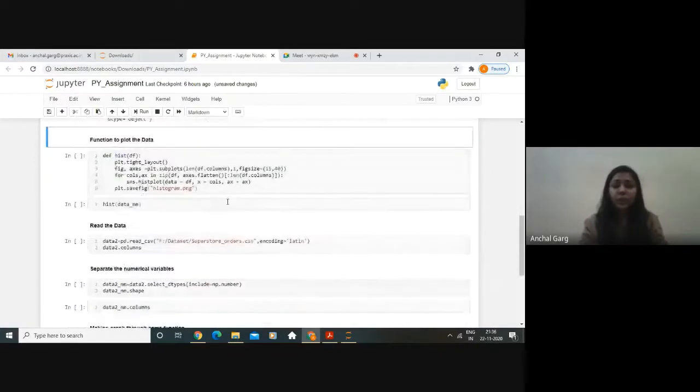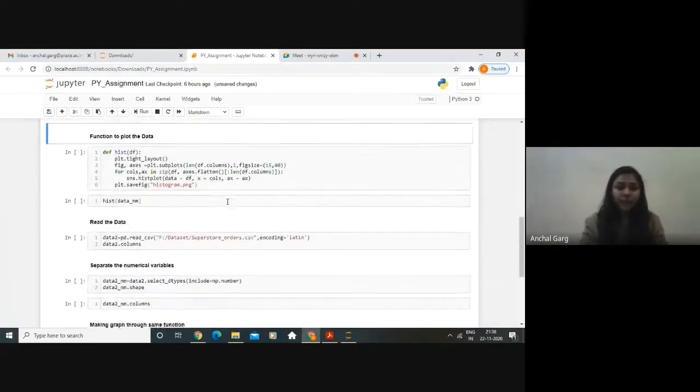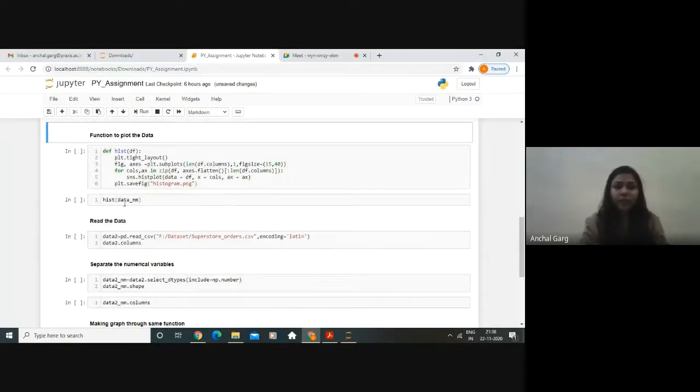Let's make our function which will plot the data. So here I have defined a function as hist, bracket df, and then plt.tight_layout.